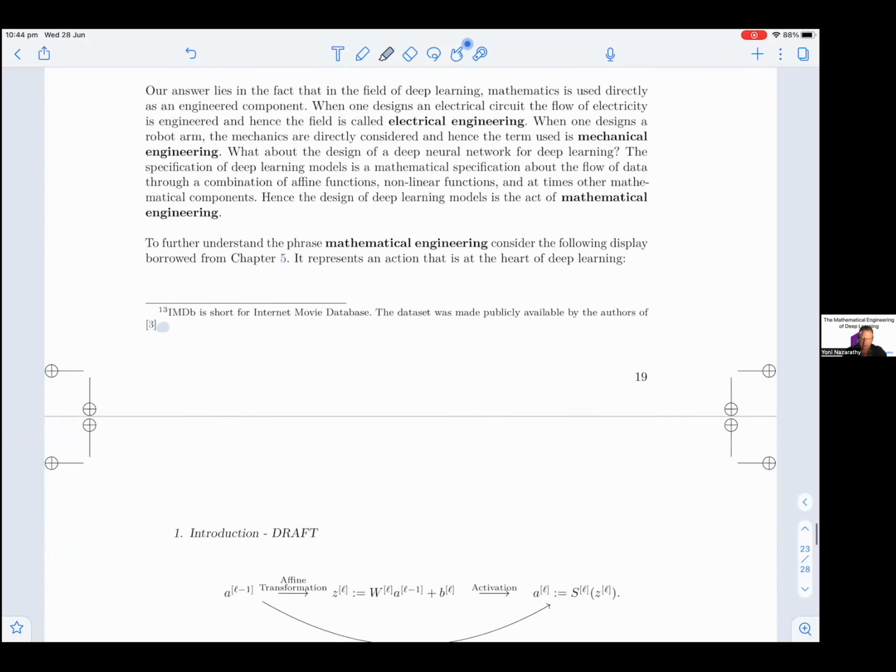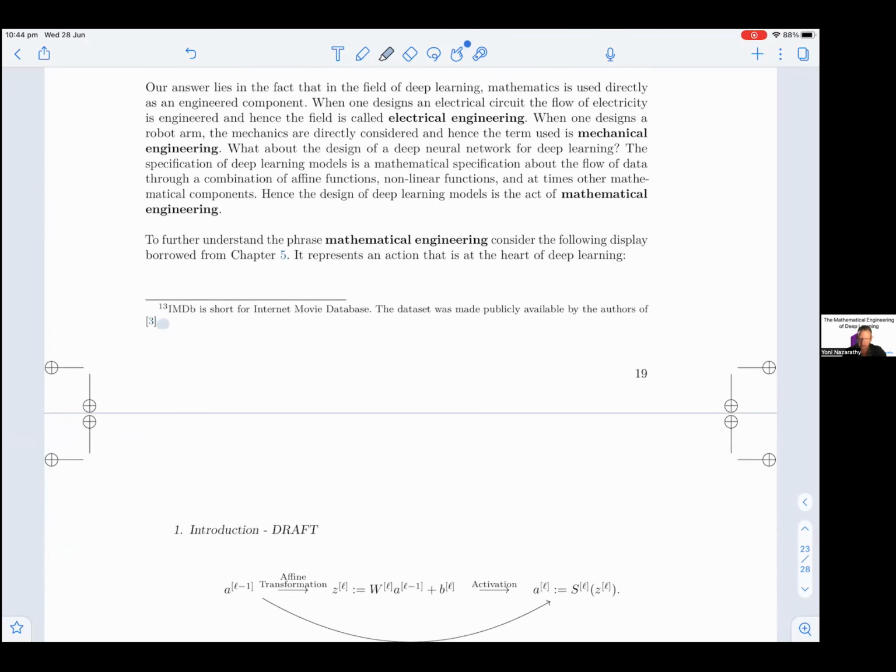Our answer lies in the fact that in the field of deep learning, mathematics is used directly as an engineered component. When one designs an electrical circuit, the flow of electricity is engineered, and hence the field is called electrical engineering. When one designs a robot arm, the mechanics are directly considered, and hence a term used is mechanical engineering. What about the design of a deep neural network